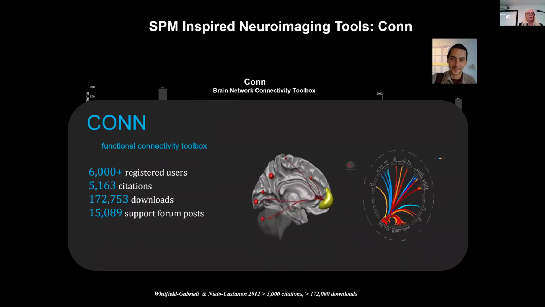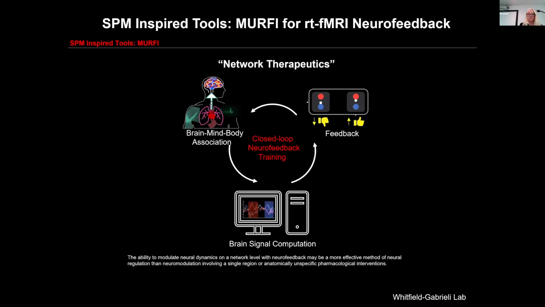He just recently showed me the most recent stats. He has over 172,000 downloads, and he teaches these courses and wrote a book about it. So I think it's really exciting to me that this was a big career move for him, and that we can actually understand what's going on after taking out the artifacts of what's happening in the brain with intrinsic brain connectivity. So we use this toolbox a lot, and we use it to analyze what can happen at baseline, also what can happen over longitudinal trajectories, and what can happen due to interventions.